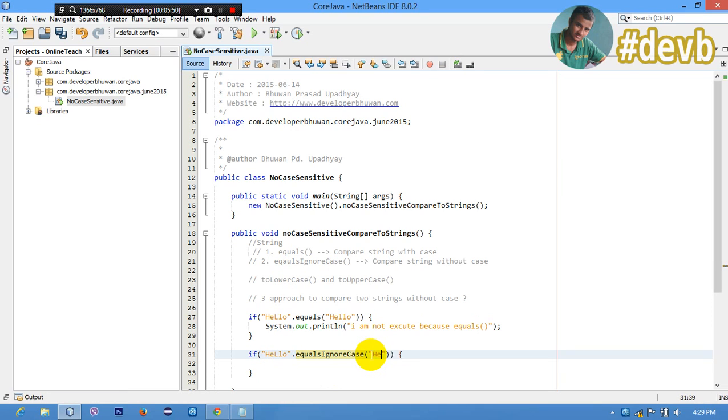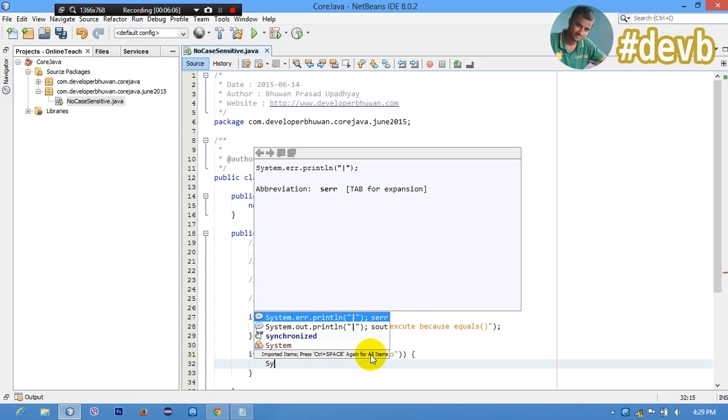Now I also put the same string, hello. This is also one case of the string. It is another case of string because here is capital L. So it is executed because it does not care about any case in the string.